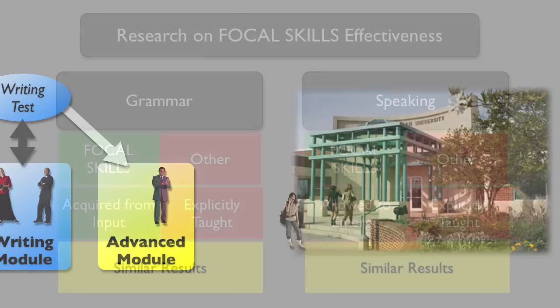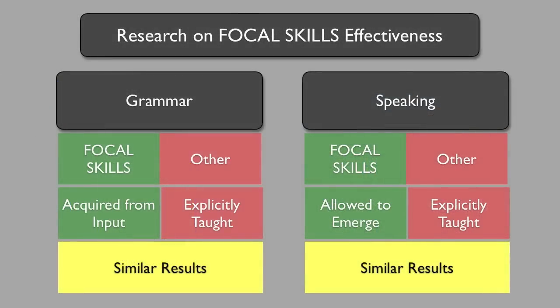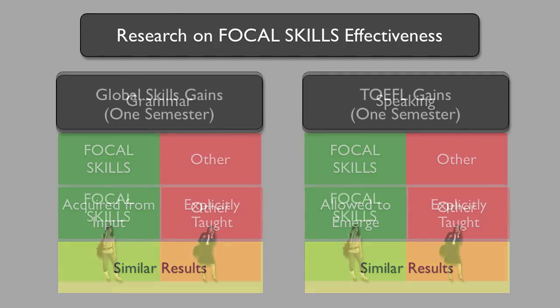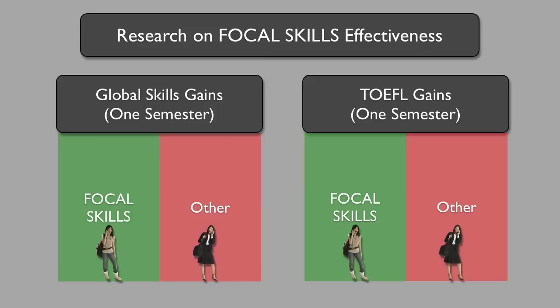Several research studies indicate that focal skills students make rapid progress in English proficiency. Even in grammar and speaking, which are not explicitly taught in any of the modules, the focal skills students do at least as well as students in other programs for which data is available. As for global measures of listening, reading, and writing, as well as TOEFL